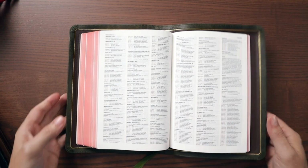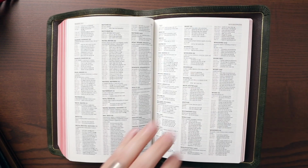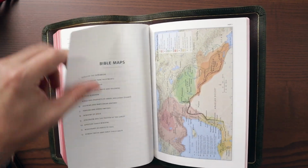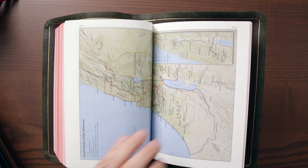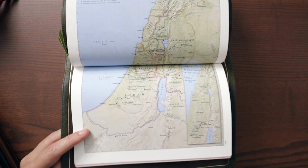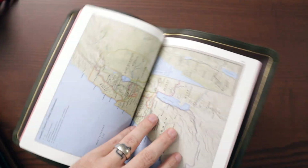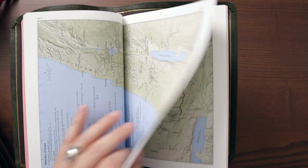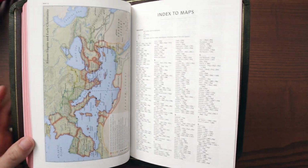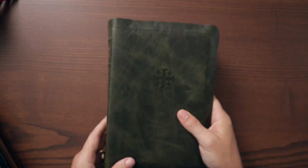So you're getting a concordance in the back of this. That's something, I don't know if they've been marketing that, but they put a concordance in the back of this one, which is nice. You still get that lined notebook paper back here, also nice. And then you get the incredible Schuyler Bible maps, which are just fantastically done. So that's cool. I didn't know we were getting the concordance in the back. So this is a full-on reference Bible. It's just exact same thing as the larger version, the full-size Quentel, but just slightly smaller. Okay, so